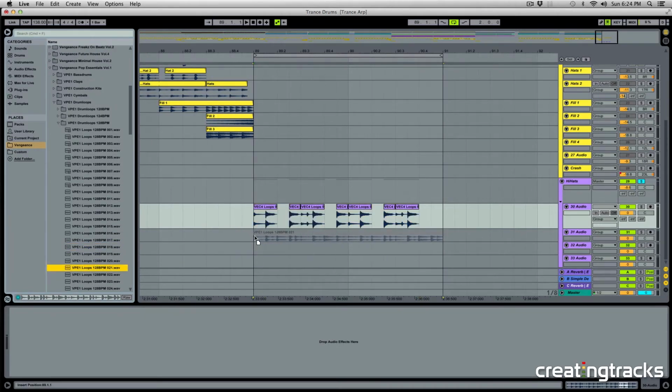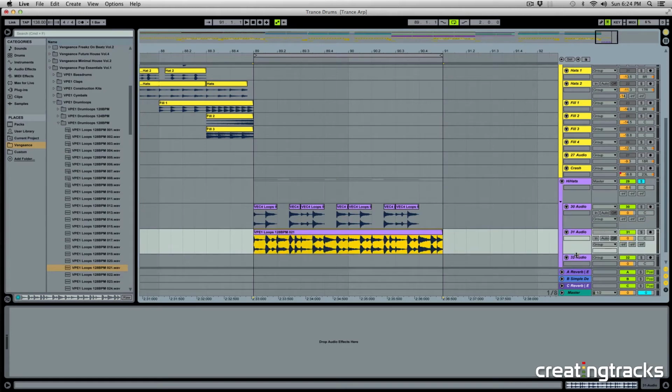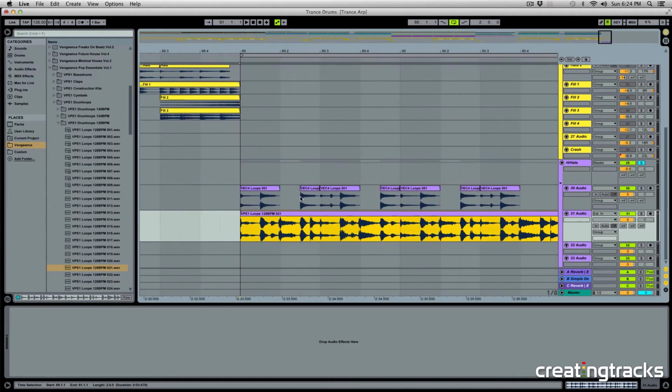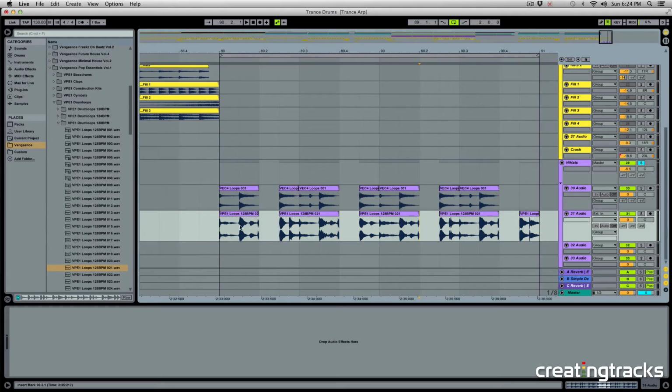So in this loop, we have a similar problem where there are snares in this whole thing. So I'm going to take this snare right here and delete that. And I'll do the same for all 4 snares. All right, and then I don't want all these to be playing at the same time with the other hi-hat. So what I'm going to do is right click and go to 1/16, and this is important. I'll take one of these hi-hats and delete this, the open hi-hat. So I'm going to do that for all 4. I'll delete that hi-hat that's overlapping